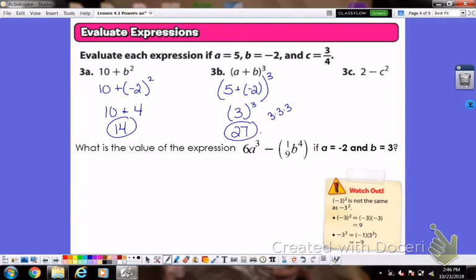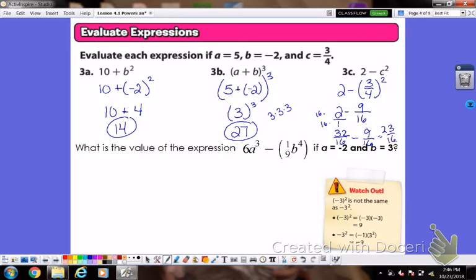And our last one, 2 minus 3/4 squared. Okay, when we're squaring a fraction, you square the top, so 3 squared, 3 times 3 is 9, over, square the bottom, 4 squared is 16. We need common denominators, so 2 over 1 minus 9 over 16. We're going to take this one times 16 over 16, so 32 over 16 minus 9 over 16, 32 minus 9 gives us 23